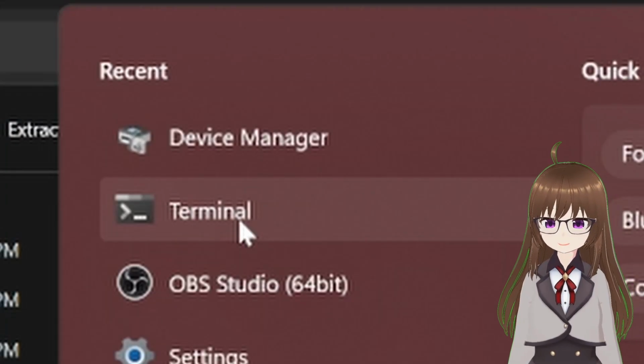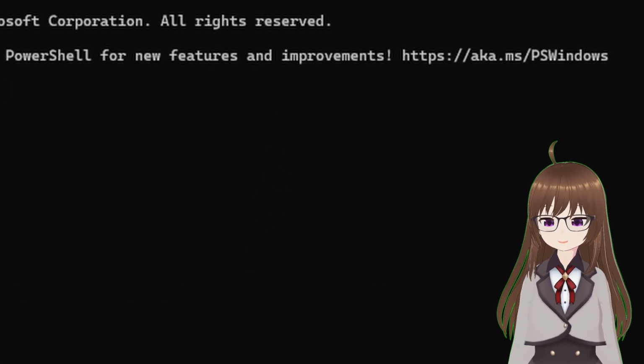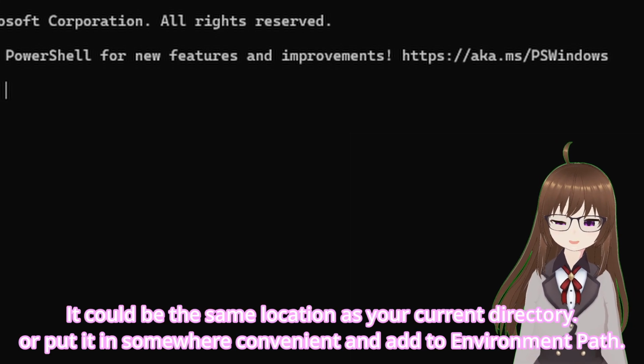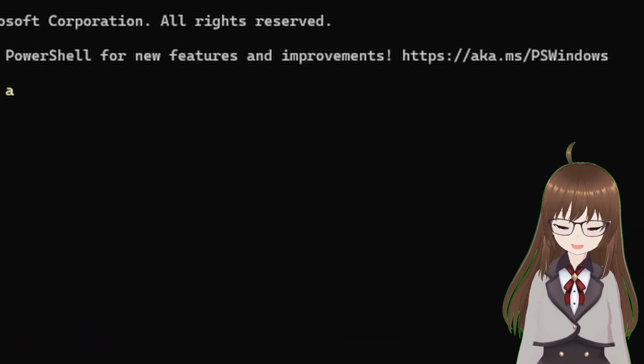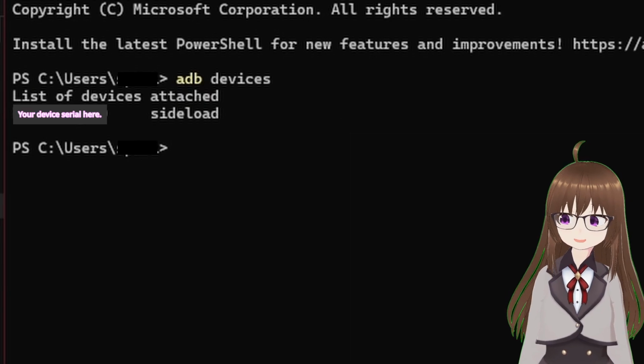And what does this mean? Is that we have to get onto terminal and you're going to need a binary called ADB or Android Debug Bridge. If you don't have it, you gotta get it, and put it somewhere convenient where your terminal can see it, or add it into your environment path. Right, to make sure that ADB can actually see the device right now, we're gonna type adb devices, and then we get to see the device right there.